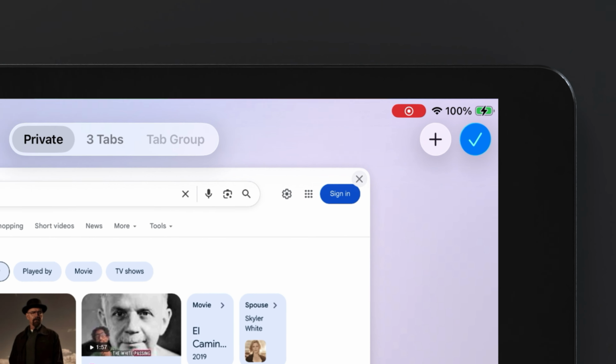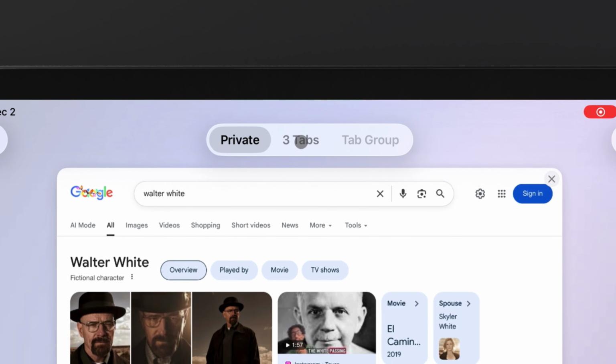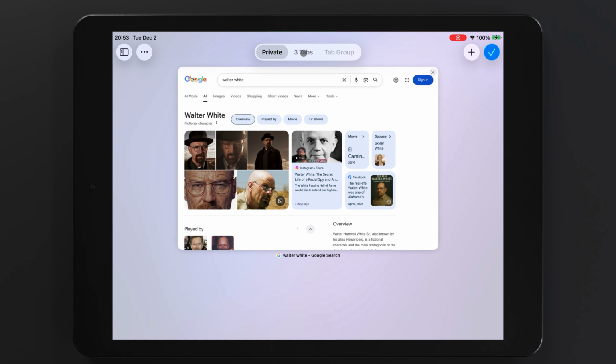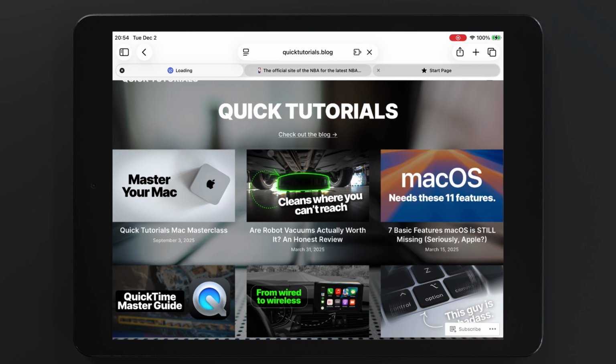Look for this selector in the middle. This is what allows you to change between your private browsing tabs and your regular tabs. Also worth noting, notice how I'm leaving my Google search page open in my private browsing before returning to my regular tabs. I'll do my regular web browsing here, but see what happens when I eventually go back to private